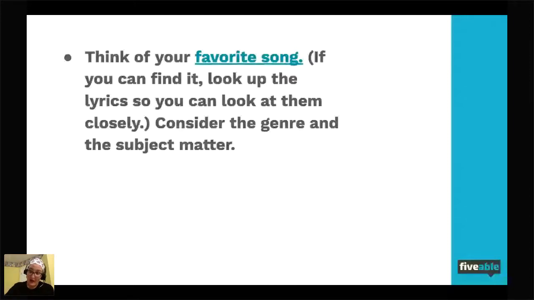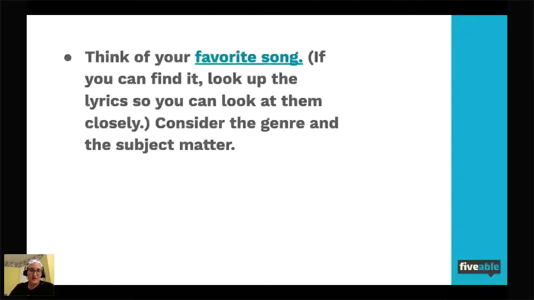And if you can, because I'm gonna put up my favorite song, or one of them. If you can find it for your own benefit, you don't have to put it up here or anything, but if you find it, look it up, or if you remember it really well, it's good to have a visual to see where rhyme is happening. So if you can find it, just Google it and find it. Go ahead and do that.